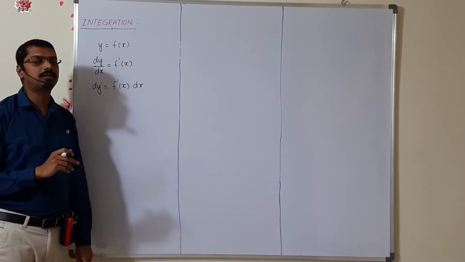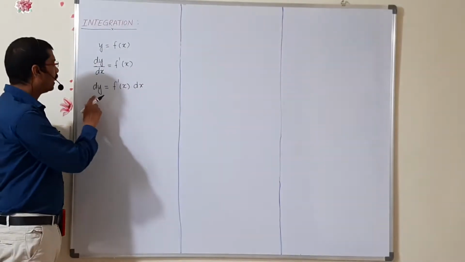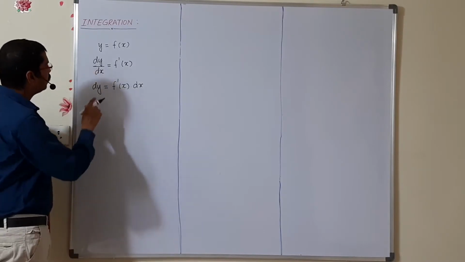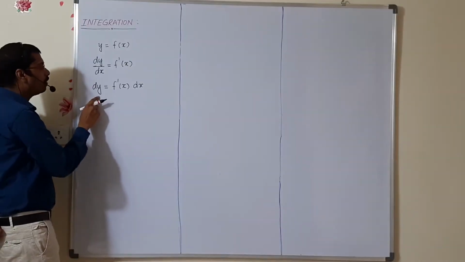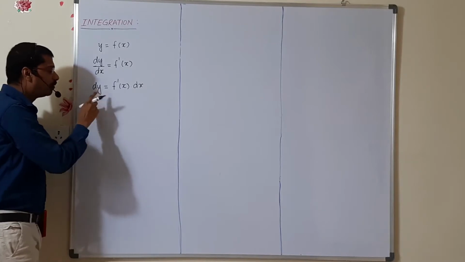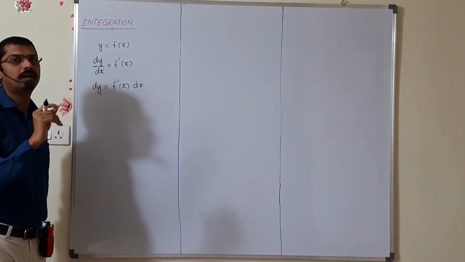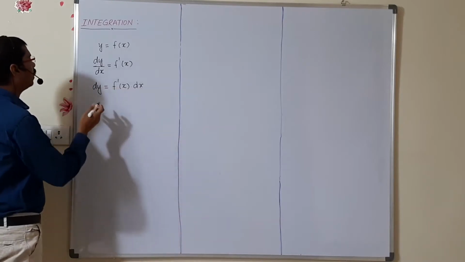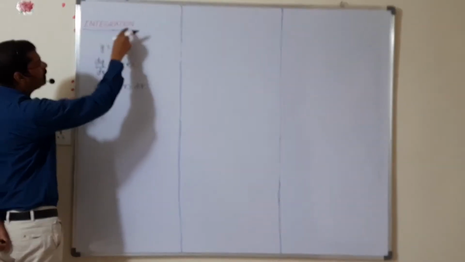Already we have discussed this in integral differentiation. Infinitesimal is a very small difference. But we want to find the y value. It is very small, but we don't want a very small value. We want to get the big value, means the y value we need to find. To get the y value, we have to use this integration.